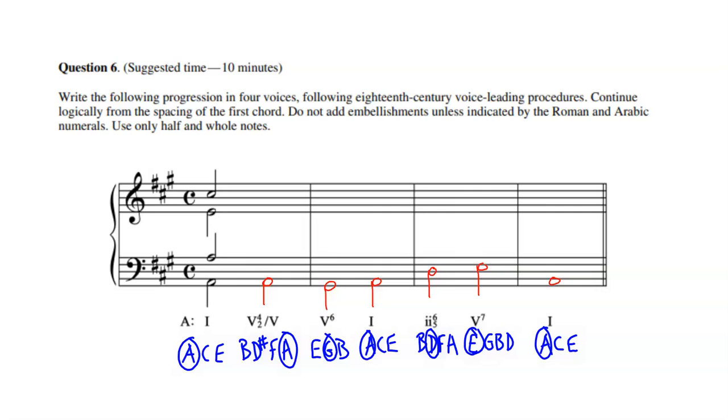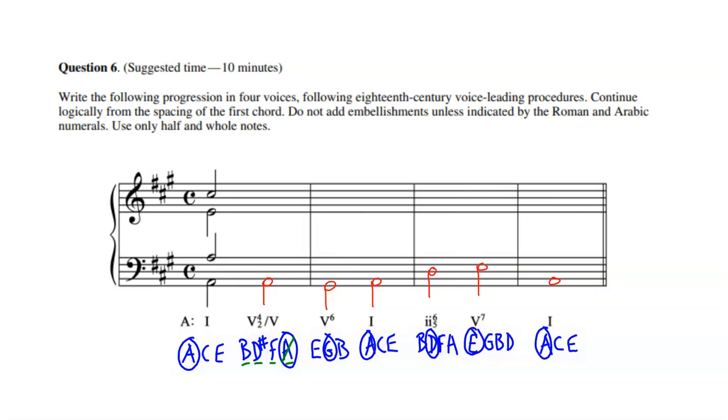What I'd like to do is make sure that as I do this, I spell all of the chords completely and correctly, getting all the notes in there that need to get in there. So as I spell this second chord, I'll just cross out the notes that I already have on there. I already have the bass on there, so I'll just cross that out. Okay, now I'm going to look for smooth voice leading to